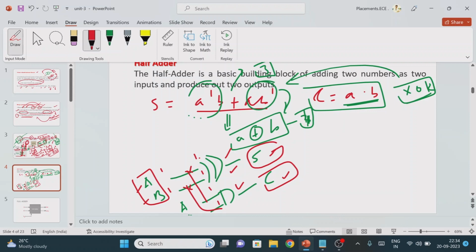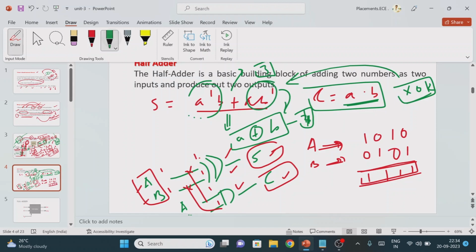Now we will see the limitation of the half adder. The limitation is, suppose, as per the definition, if you are adding two 1-bit numbers, it will produce the sum and carry. Suppose I am adding the number 1010 with one more value, 1010 something. This is the A bit value, this is the B bit value. Now we perform the addition operation. 0 plus 1 means 1, 1 1 1. See, here we are not getting any problem. So the half adder will add two 1-bit numbers and produce the result.